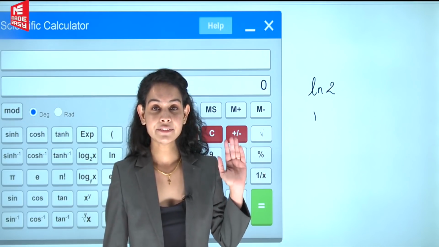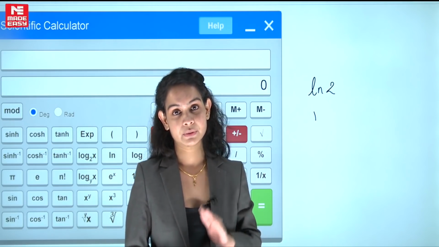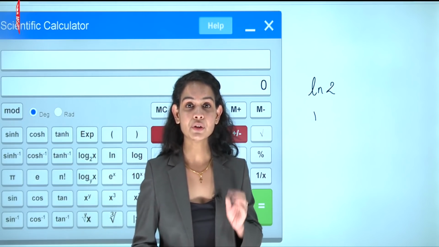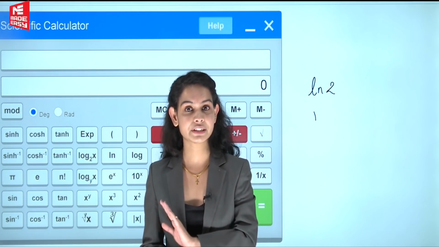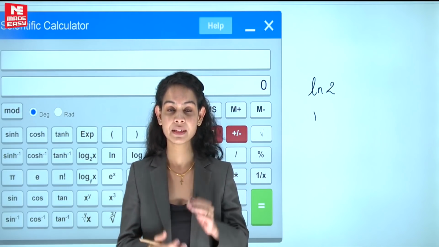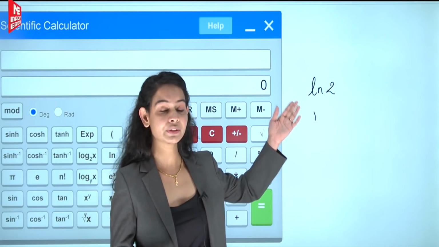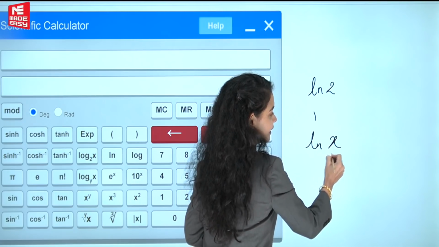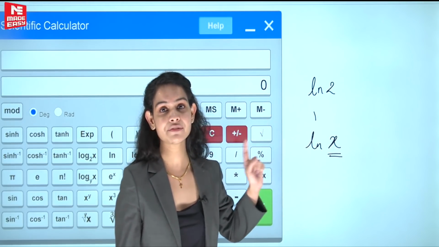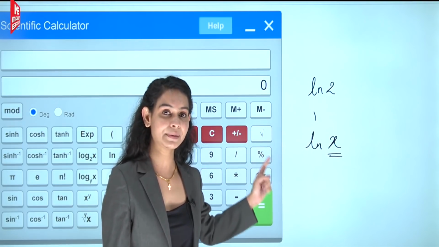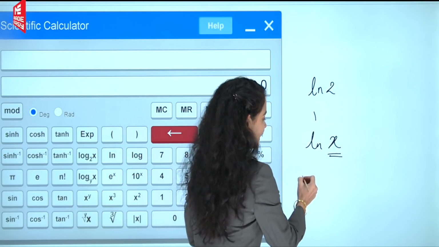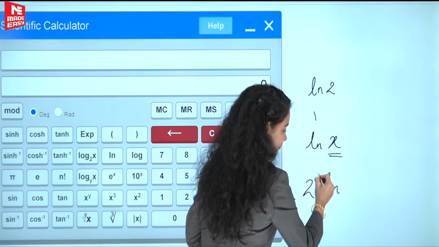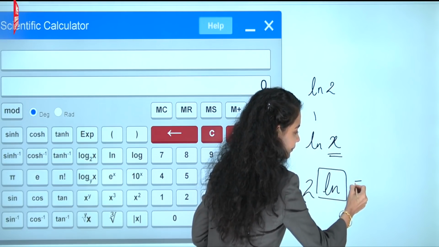Let us see how to calculate the value of ln 2. In the entire virtual calculator, one thing that will be followed is a simple algorithm. You will have to enter the value of x first and then press the function tab, whichever function you are calculating. For example, if you are calculating ln 2, the value of x here is 2 because we will be comparing it with ln x. So x is here 2. So first you have to enter the value of x and then press the function tab. So here first you will be entering 2, then you will be pressing the ln tab and then press equal to.